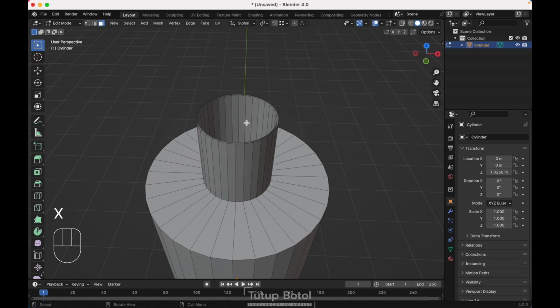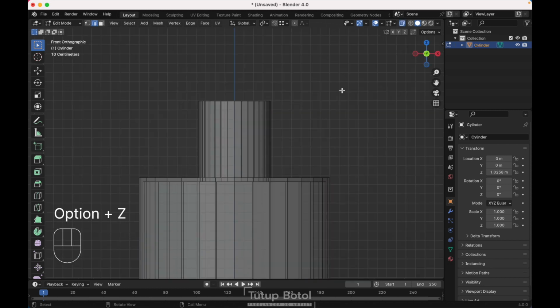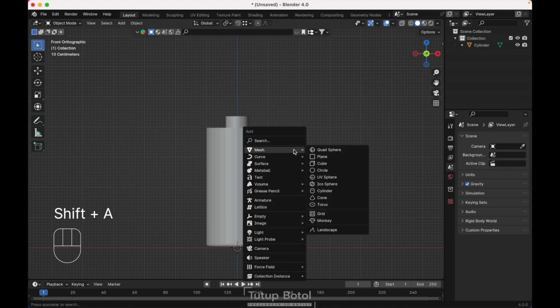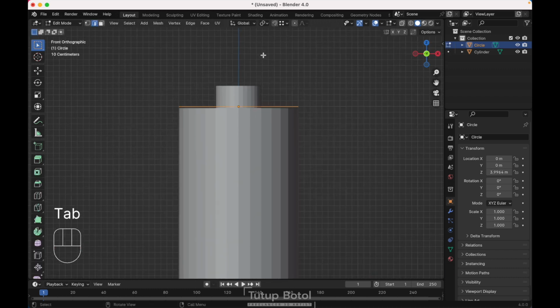just 1, 2, delete the face. Press 2 on your keyboard to change to edge mode, select this edge and this edge, press F to fill, and click this edge again, just hold F to fill everything, just like this. Alt Z to see the X-ray view, select all of this edge, press G Z, move it down here, and tab to object mode, and press Shift A, mesh, add a circle, press G Z, move your circle up here, just like this,